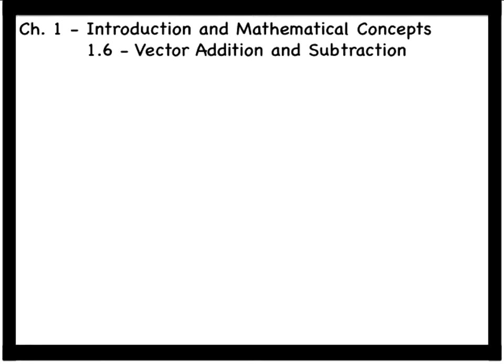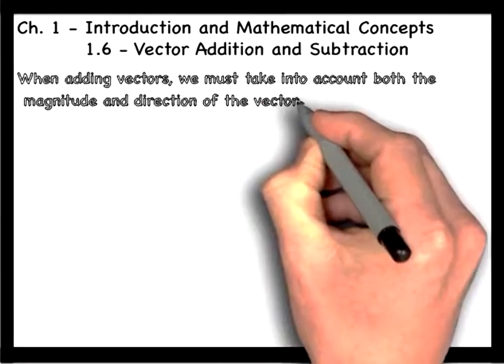It will often be necessary to add vectors together. As we mentioned previously, Chapter 4 will cover forces, which are vectors, and the net force, or vector sum of forces acting on an object, will be important. In principle, adding vectors is not difficult, but we must take into account both the magnitude and the direction properties